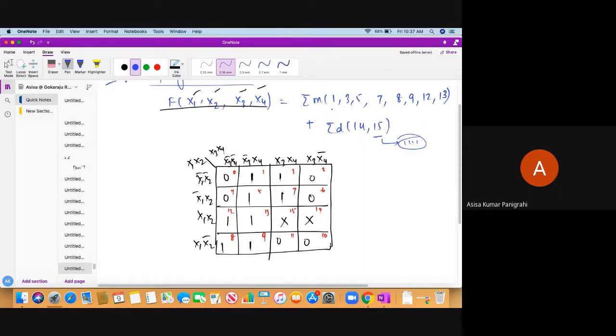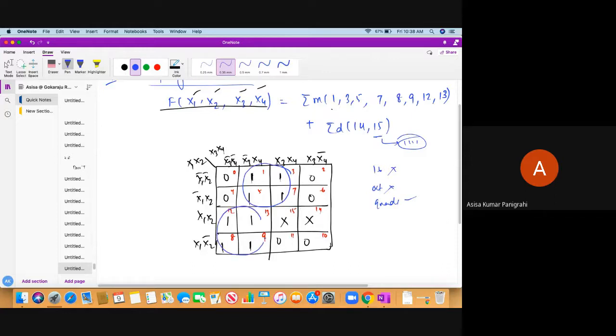Now the question is how to combine it. What people will do is immediately start combining like this. But think of it: I have told you many rules of don't cares. Don't cares must be used effectively along with the minterms. First, try whether you can solve it with only minterm combinations. There are 16 cells. Are octets present? No. Quads? Yes, some quads are present. This can be combined like this. Am I correct? This will be one quad, and immediately students will do it like this. But we don't require that combination.